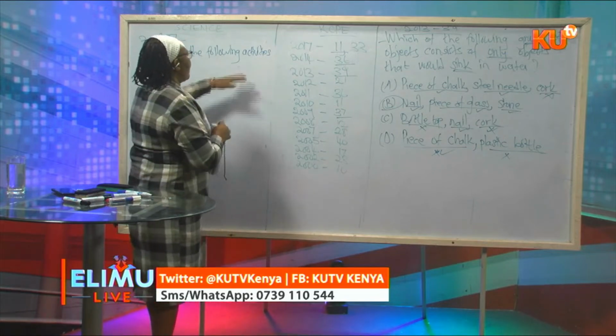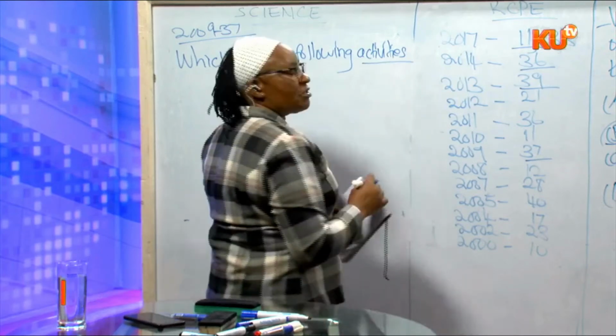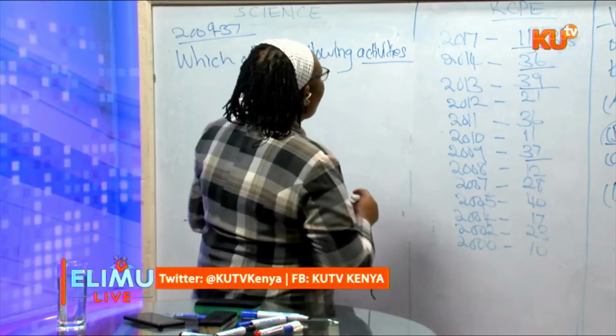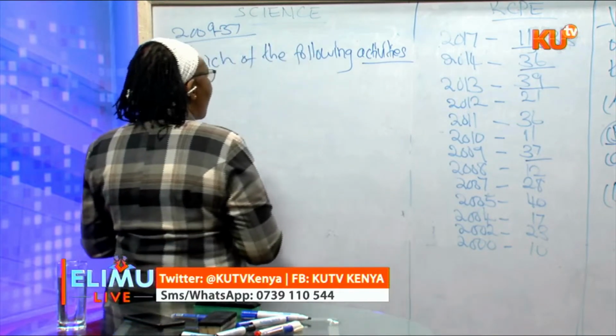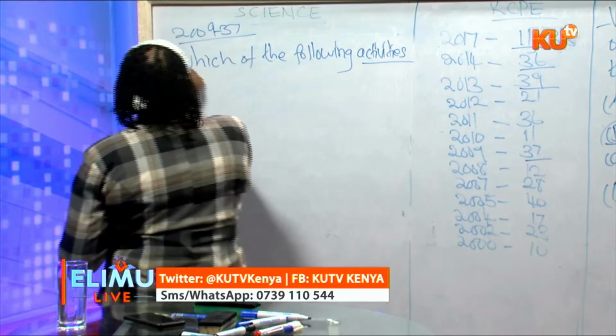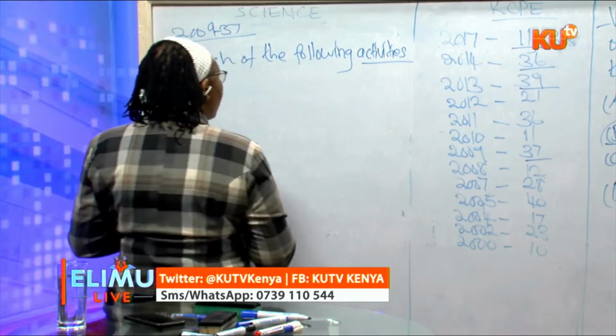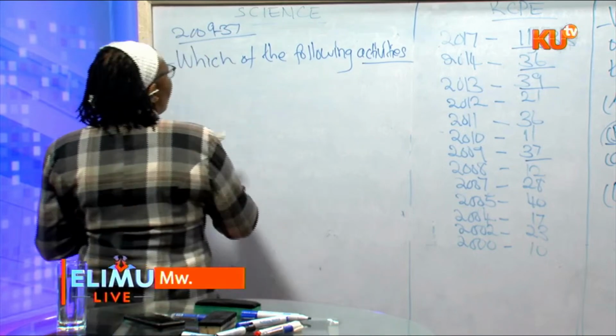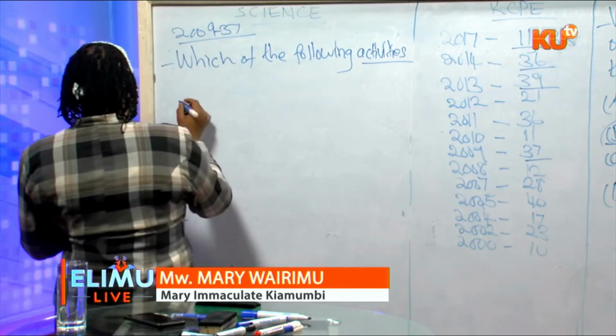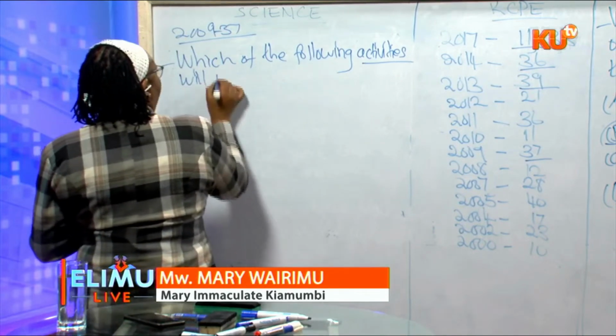That is why you find that in most of the questions on floating and sinking, we have activities to be carried out. So the question number 37 of the year 2009 reads, which of the following activities will make